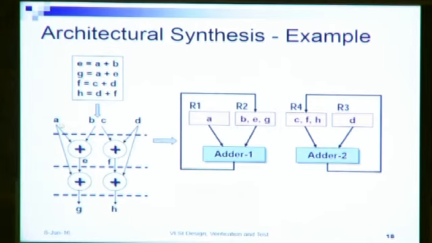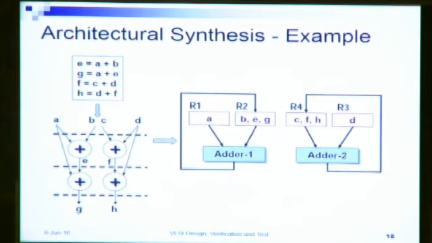At time step 1, we have B and E as input to this adder, and so I will have one mux that takes the input to this adder and another one that takes the input to this one. Okay. So then the output of this adder will go through a demux to register 2. The demux will enable us to prevent the output from going to R1 and to go to the register R2 as desired.